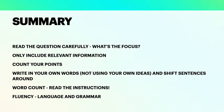And also, they might get carried away and start using their own ideas, and that is strictly forbidden in this question. You have to use your own words, so don't just lift the words from the text. Once again, do you see how that links to the marker's intention for this whole paper? How have you interpreted the information, or have you comprehended the information? So if you're just copying, none of those skills are being shown off, therefore you're not going to get your marks. So make sure that you count your points and that you only include points that are in the text